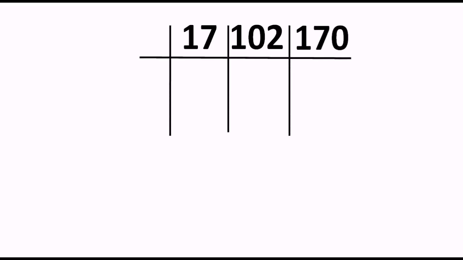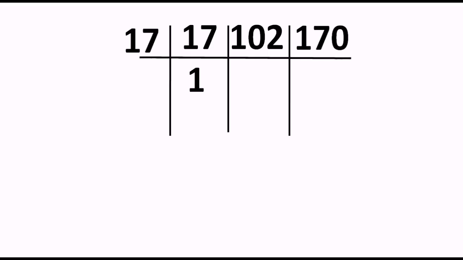So very first, if you observe the question over here presently, the very first number is 17, right? And that 17 is a prime number. That means along with 17, these numbers won't be present in any other table except 17 itself, right? So the best way is to try to find 102 and 117 in the table of 17. Is it there? If you know the table of 17, then of course you are going to identify that 102 is present in the table of 17 as 6, and 10 times 17 we get 170. So what are we waiting for? Let's move on with the 17, right?